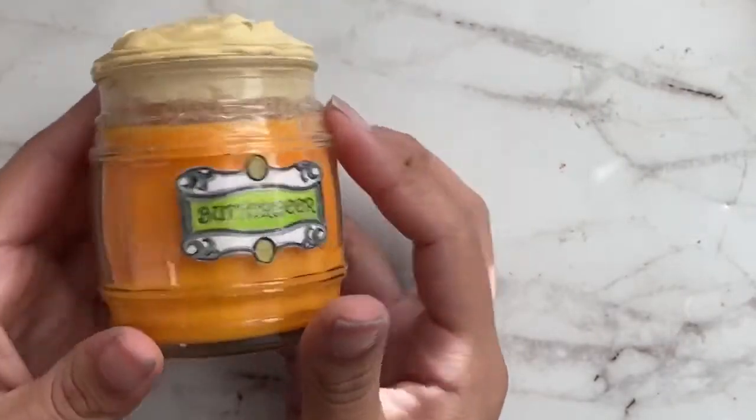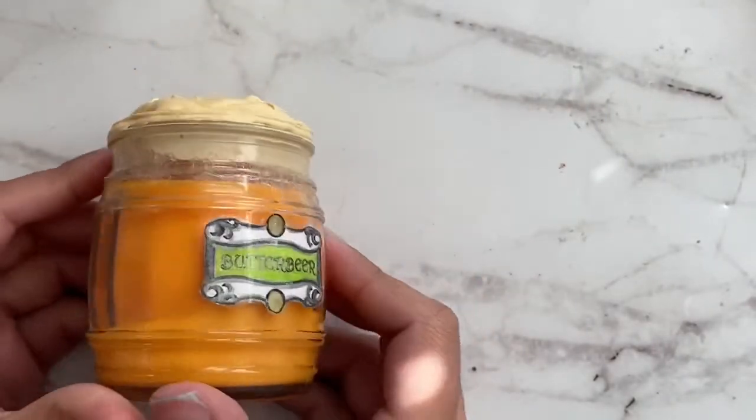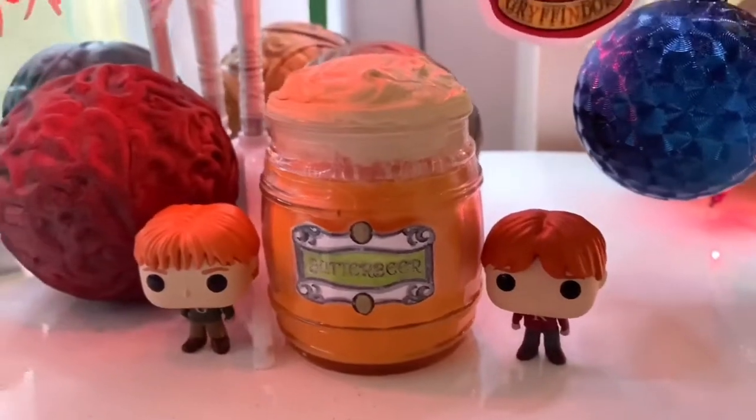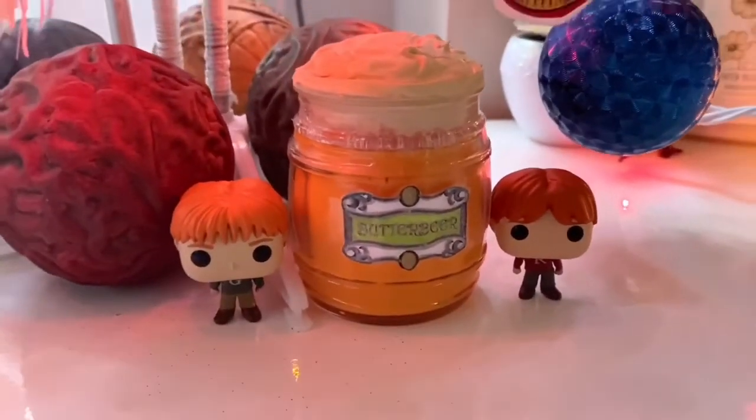Alright you guys, so this is my idea of a Butterbeer ornament. I hope you enjoyed this so much. This is just something simple that you can keep all year round and just have on your shelf, and I put it